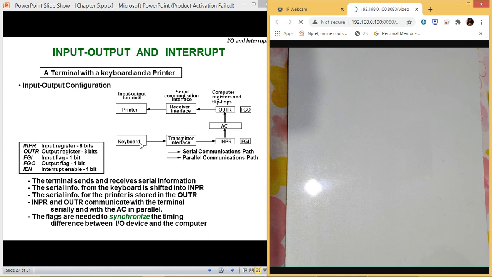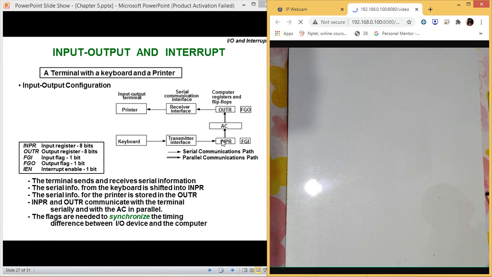One is the input device, that is the keyboard. This is the output device, which is the printer. Whenever we are trying to send any data from the keyboard to the CPU, firstly, we need to have an interface. Now, an interface is used to handle the transfer. Its task is to perform different types of tasks. We will discuss the task of this interface in the later part of your syllabus: what is the interface and how it interacts? What does it do? We will have a complete explanation about the interface.